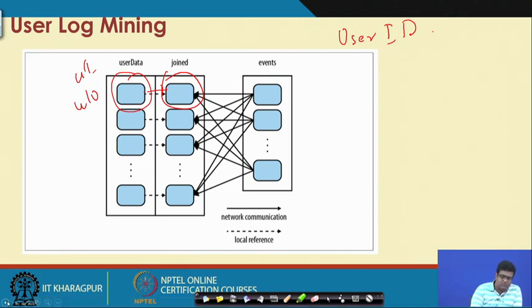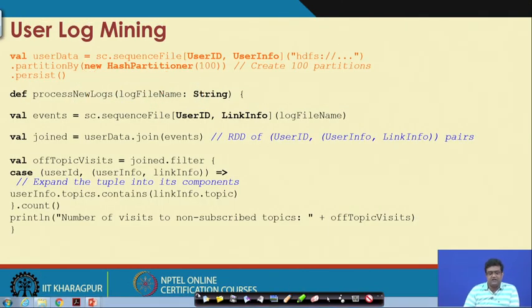This is done using the construct called a partitioner. While reading the user data, you can provide the partitionBy call and then persist it. When you do this, it creates a partitioned RDD. When you join a partitioned RDD with another RDD, the data flows from the events RDD to the partitioned RDD.